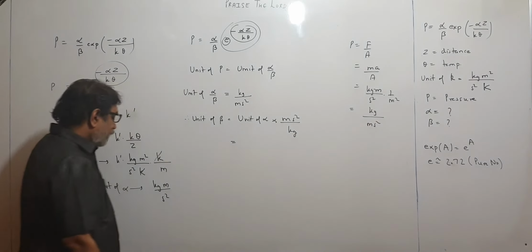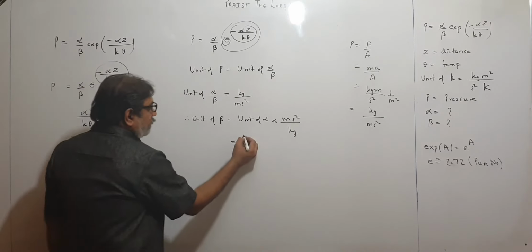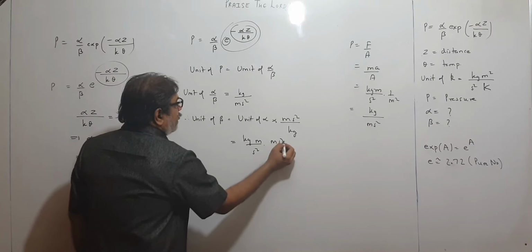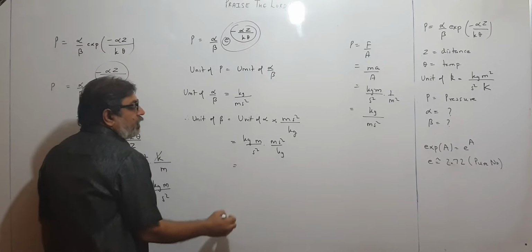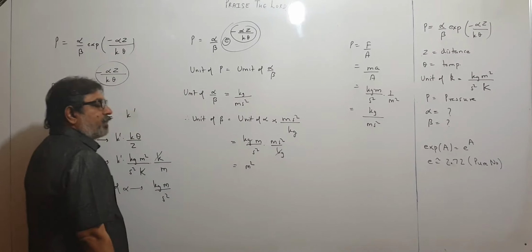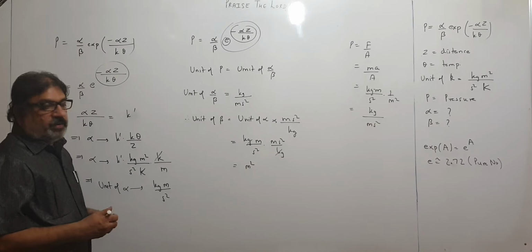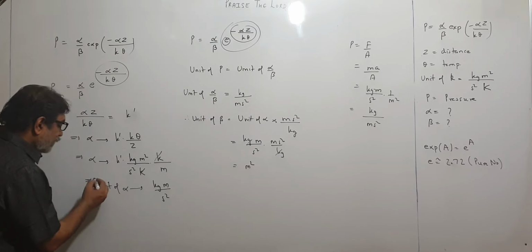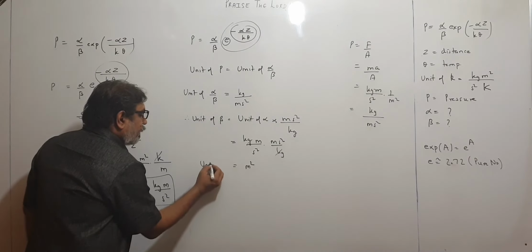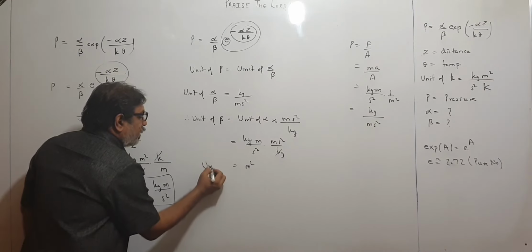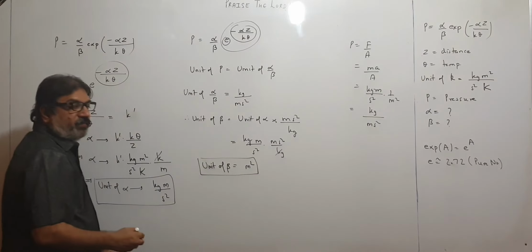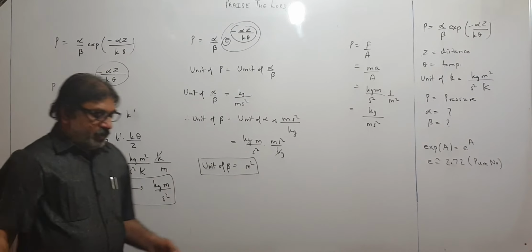So what is the unit of alpha? Kg meter upon second square. Kg meter upon second square, and this is meter second square upon kg. So kg cut, second square cut, that becomes meter square. So what is the unit of beta? Meter square. What is the unit of alpha? We got it over here. This way we got the unit of alpha and the unit of beta. And then we can get their dimensional formula. Okay children, very easy. Like this you have to think. Please pause and copy.